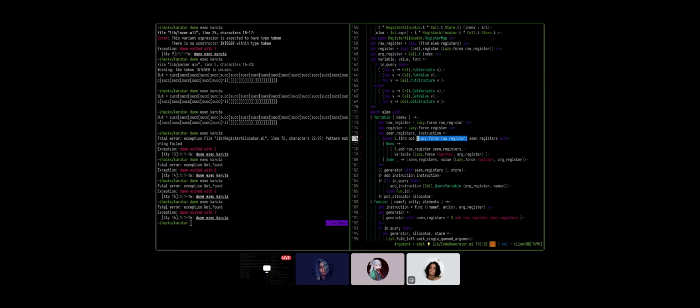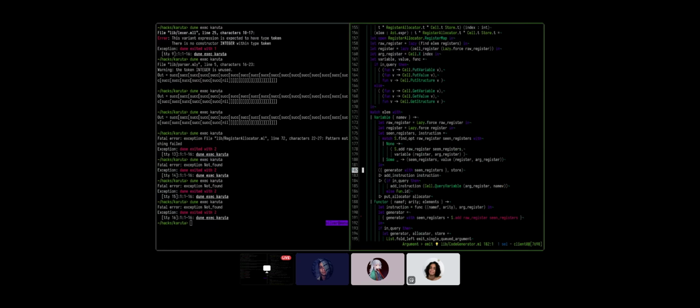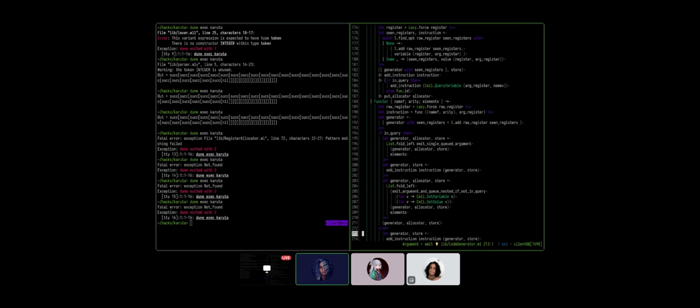Yeah, and then you can get rid of the multiple forces that we just introduced. And you need to do the same kind of thing down there. Nice, nice, nice.